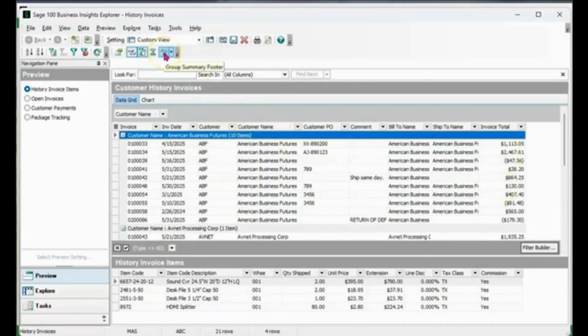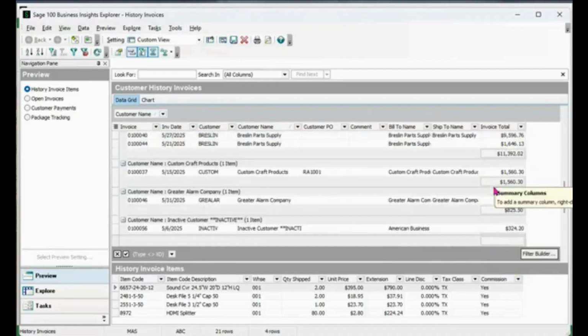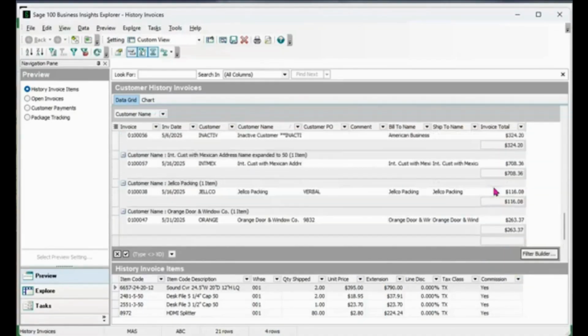You can also do totals on the screen. So I've got a subtotal field and a grand total field. So what I'm going to do is right click in the gray area for totaling, and I'm going to get a sum of the subtotals. So as we scroll down, you can see all the different subtotals for each customer. Then I can get a grand total of everything that I'm seeing on the screen.